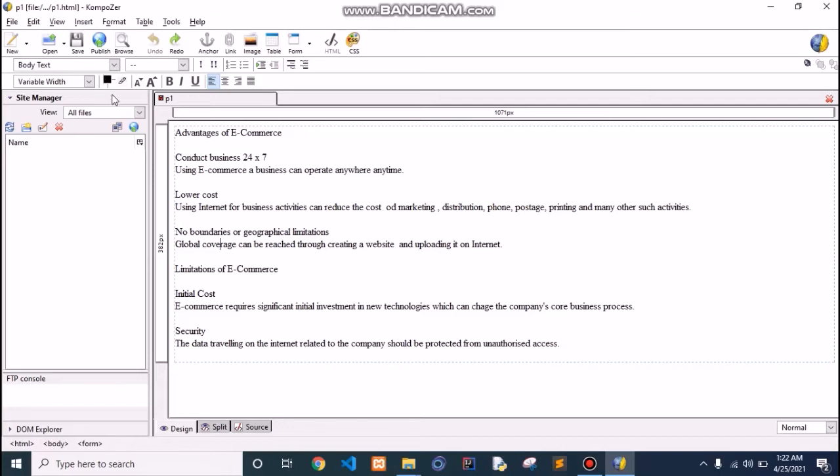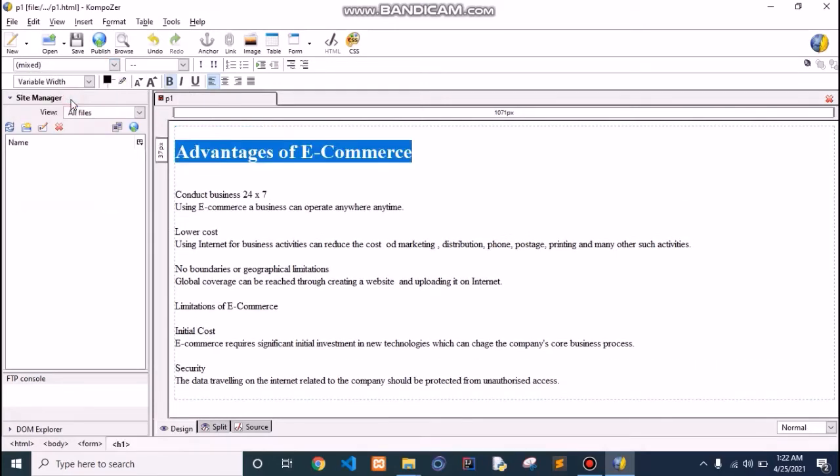Now, here two main headings are there: advantages of e-commerce and limitations of e-commerce. Now I'll apply styles to both of these headings. So, select this heading, heading 1, style, center it.